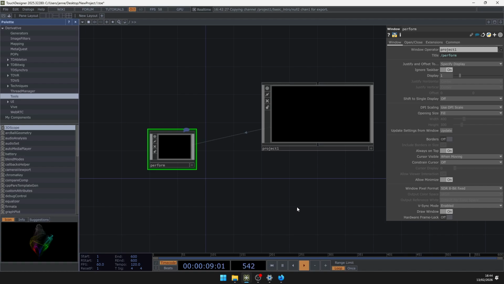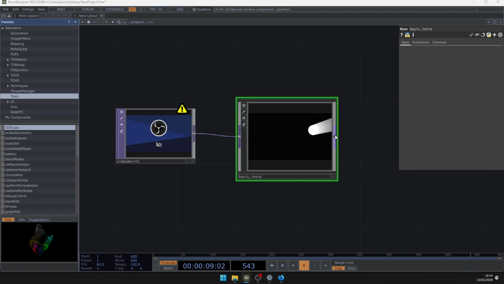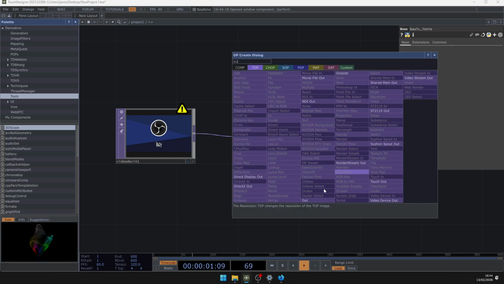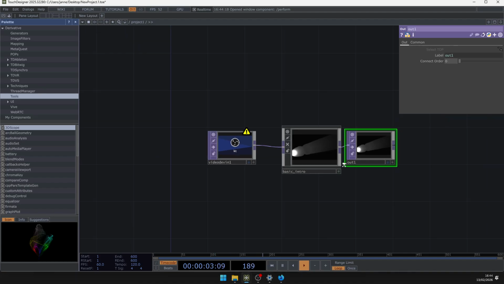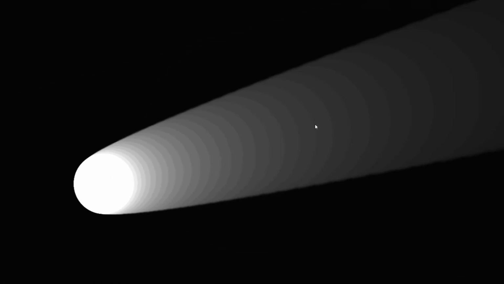And then I can push F1, which would actually open up my project 1, but I need to add like another out here as well, so it knows that I want to show that. And so now we have our first visual. This is like a super basic introduction, but I think like we can